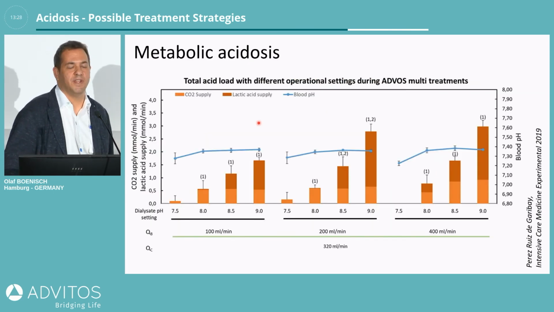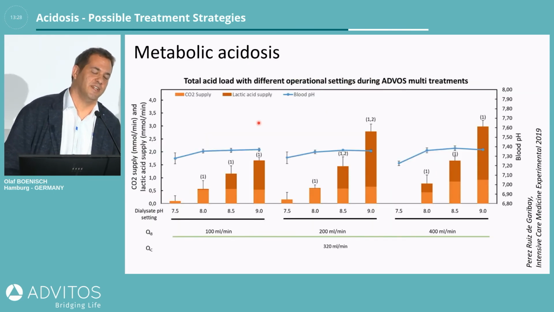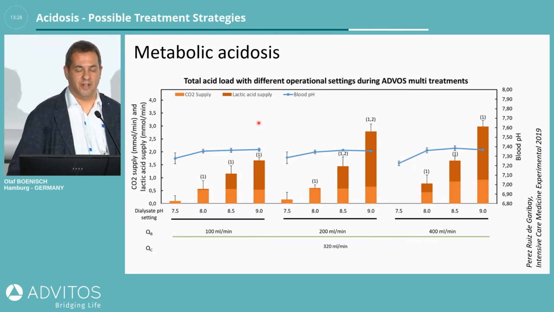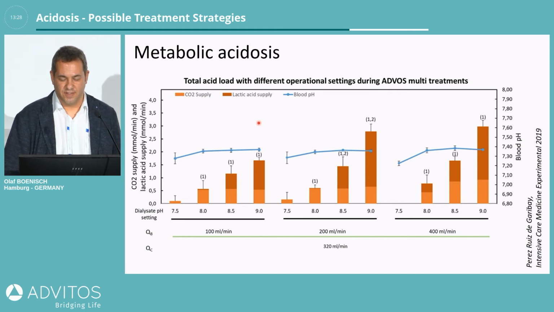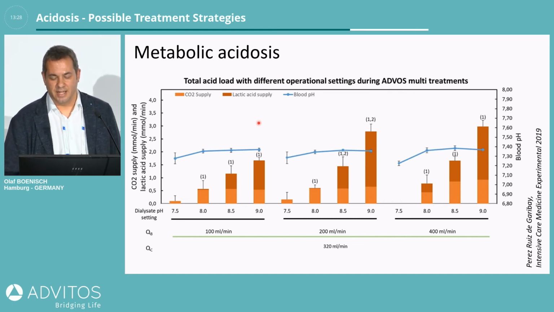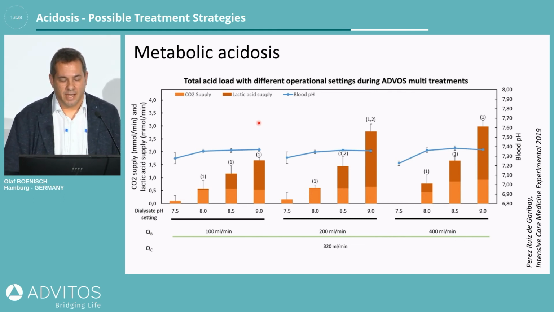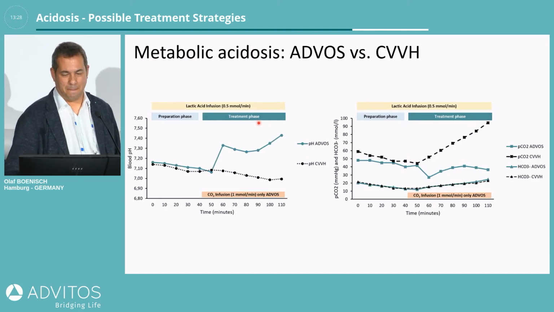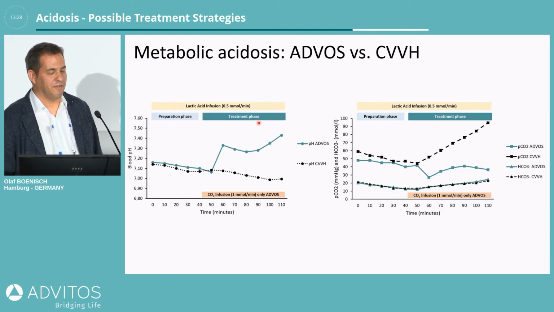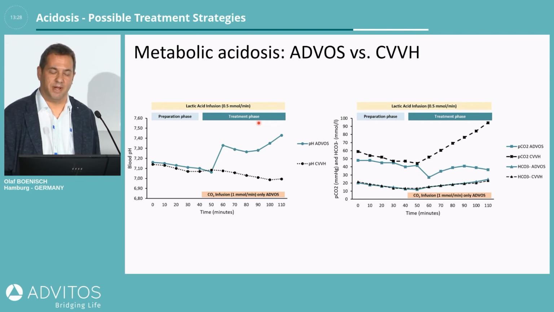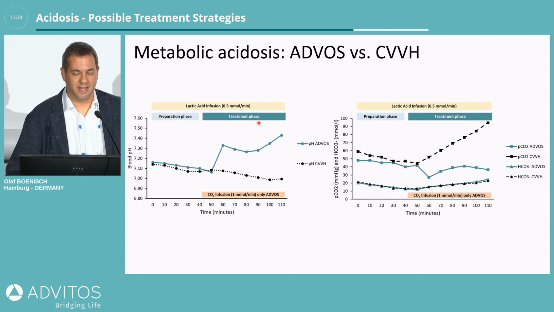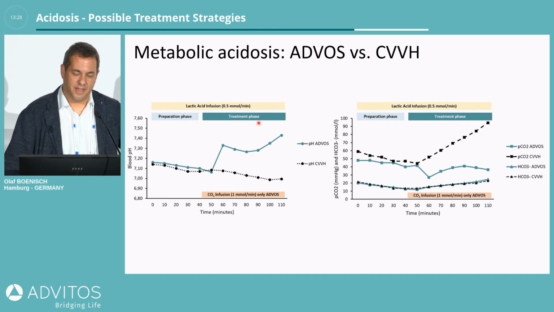The same was true with metabolic acidosis, which was induced by infusion of lactic acid. And so under the different conditions, you could see that an acid load of up to 3 millimole per minute was easy to correct with the system. And here you also have another experiment where ADVOS was compared to conventional therapy,